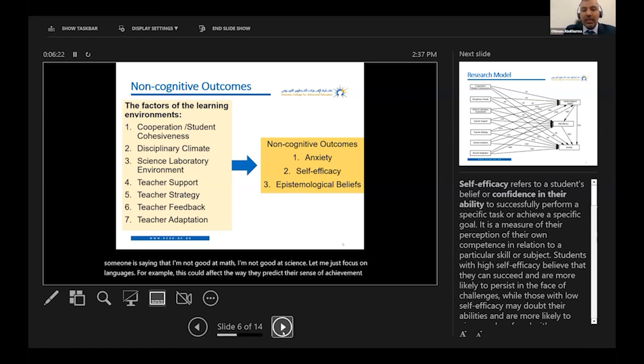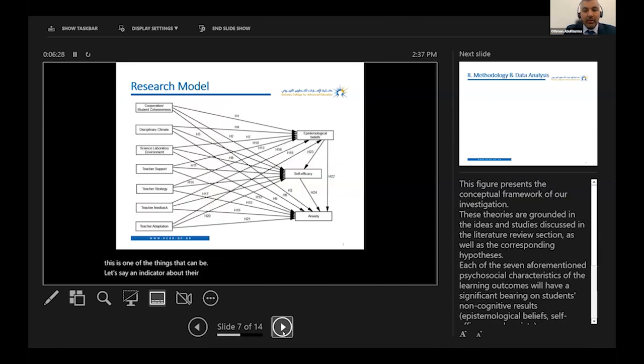So this is one of the things that can be, let's say, an indicator about their epistemological beliefs. So here is our research model. As you can see, we have these 7 constructs, the 7 components of the learning environment that will affect the 3 non-cognitive outcomes of the students, let's say, performance. As you can see them here, we need to test or to assess whether these learning environment outcomes will influence or will predict, or will assess these 3